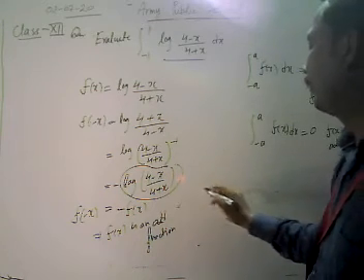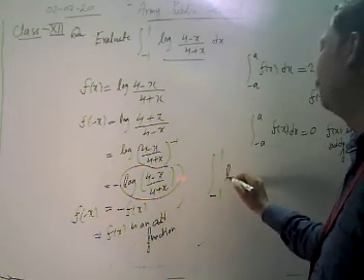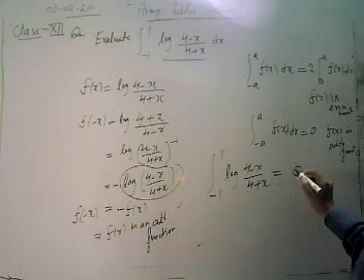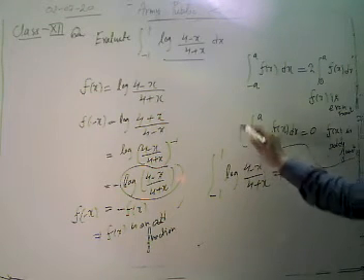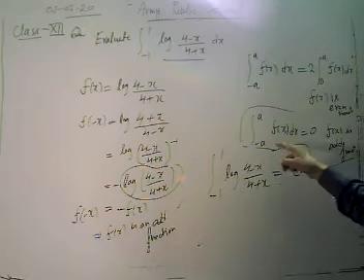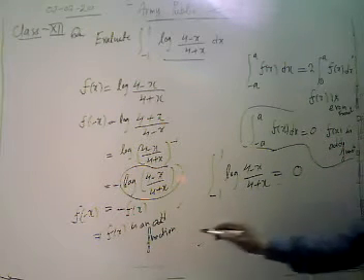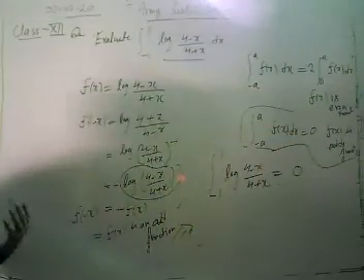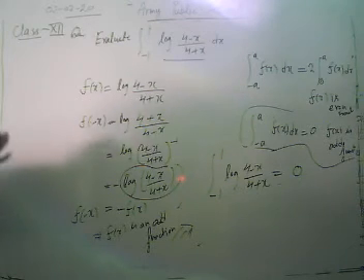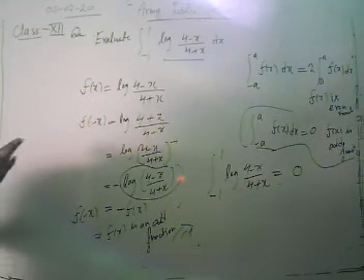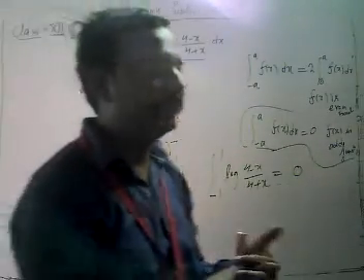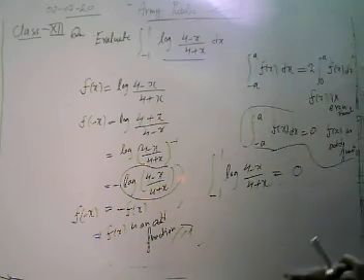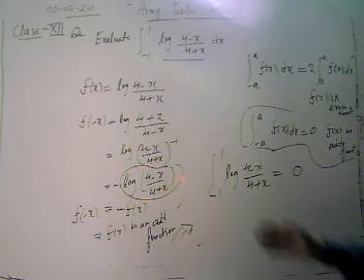Now we saw that it's an odd function, therefore the integration over minus 1 to 1 of log of (4 minus x) over (4 plus x) has the value 0 by using this property: whenever we have an integration from minus a to a, f(x) dx is 0 whenever our f(x) is an odd function. Then we will see the next property. Whenever we have a problem like minus a to a, we have to be sure which property we have to apply. We have to check whether the function is even or odd, then go on to solve it. I hope all of you understand that.